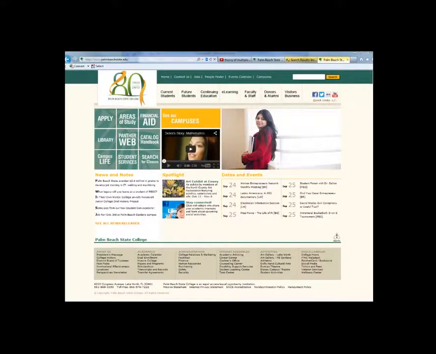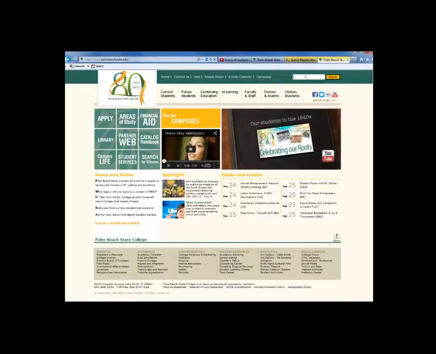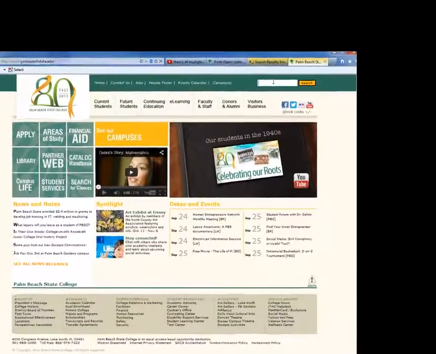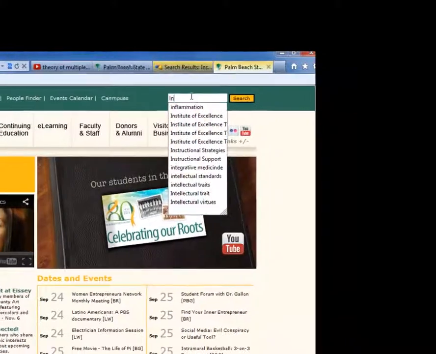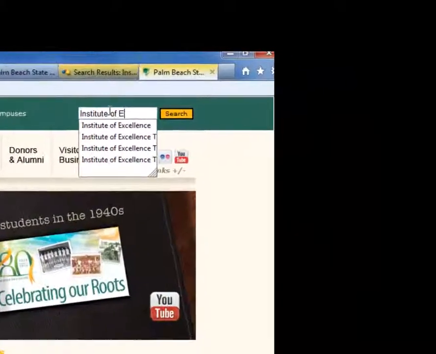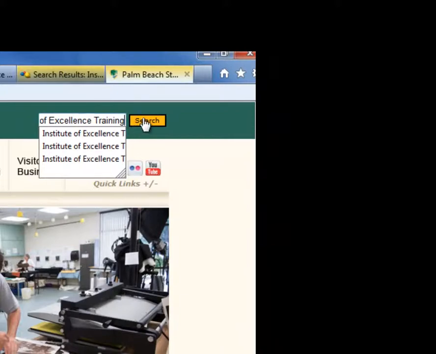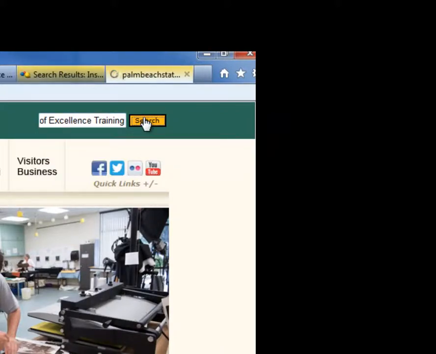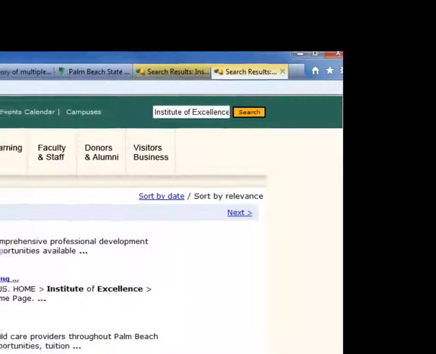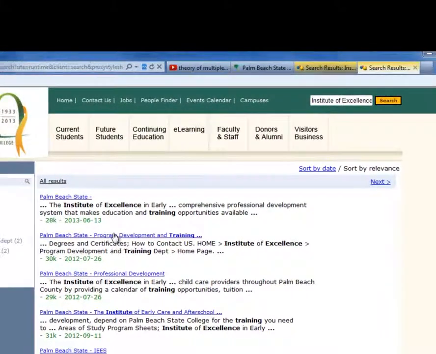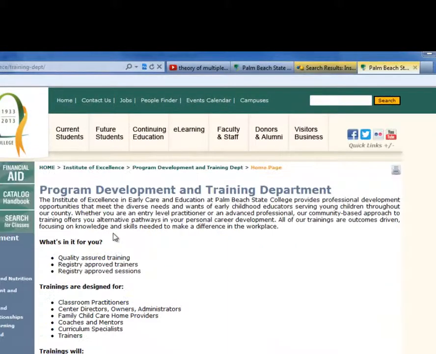Locating your non-credit early childhood course begins at the Palm Beach State College website. Your first step will be to use the search engine in the top right corner of the homepage and type in Institute of Excellence Training. That will bring you to the Institute of Excellence webpage and the specific training courses available. You'll then click on the link that brings you to that specific page, which will be called Program Development and